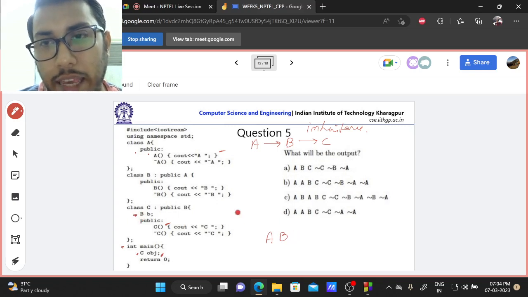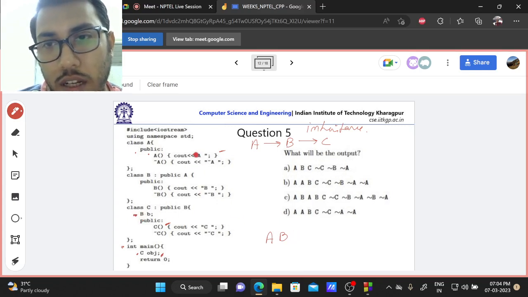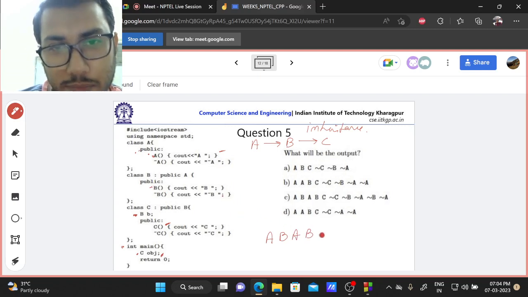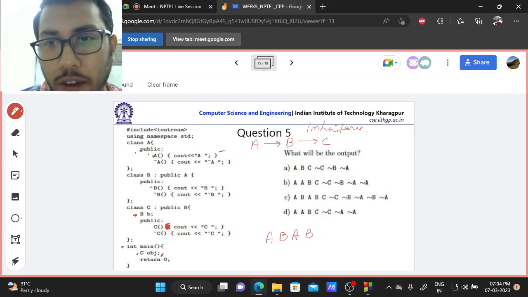Since B is a derived class of A, this sequence will again be followed: creation of A and then creation of B. Now after this B initialization is done, then C will be created. So this is the order